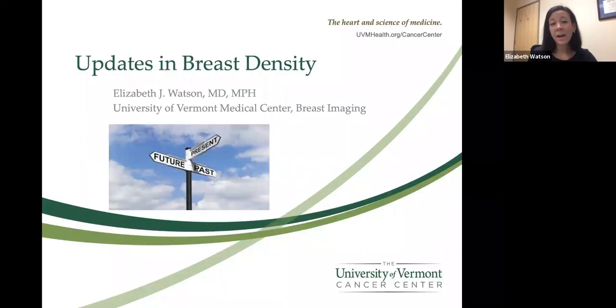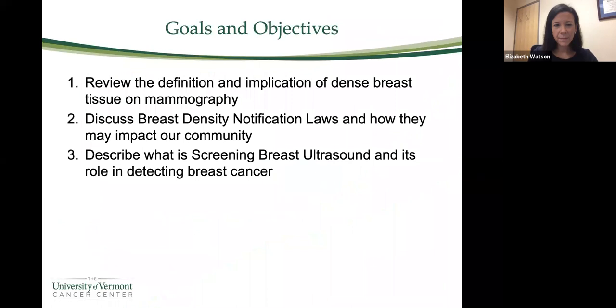Today, we're going to be talking about updates in breast density. We're going to be talking about where we have been, where we are now, and where we're going in the future. So the goals and objectives for today's talk are to review the definition and implication of dense breast tissue